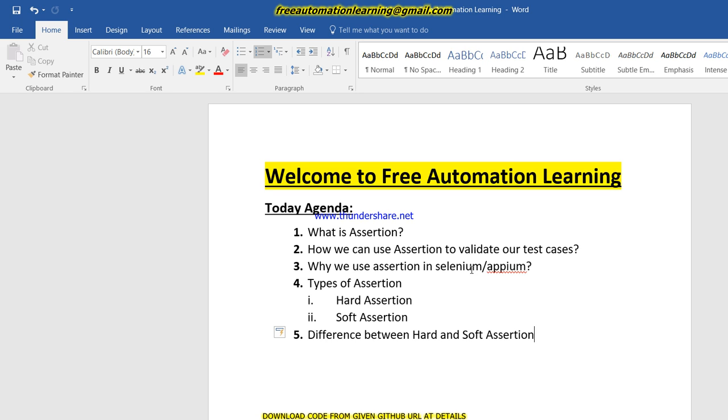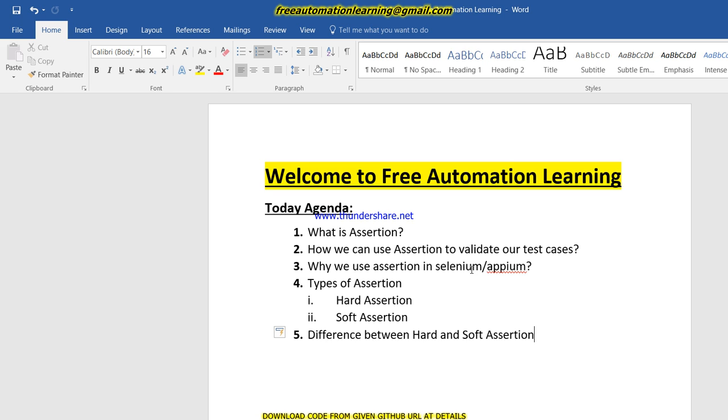And we use hard assertion when we need to validate something important, right? If I just want to validate whether the username text is displayed properly or not, we write a soft assertion, because these are UI features, right?